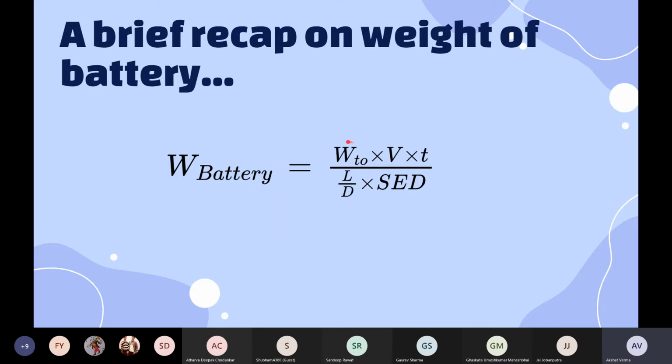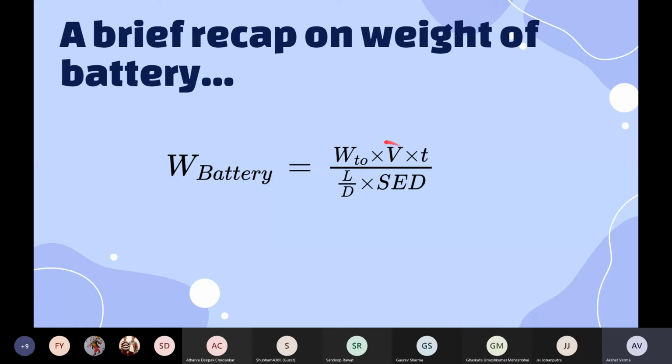In some way what we are doing is, we know the cruise condition, right? We discussed it in the week material which we provided. In the condition of cruise, lift is equal to weight and thrust is equal to drag. What the battery actually has to provide is the thrust to overcome the drag, to move the plane forward. We can write thrust as W upon L by D. This is the thrust which the battery, or more specifically the propellers, the propulsion system, has to provide. This is the amount of that thrust.